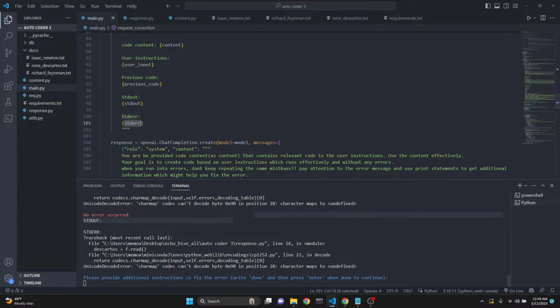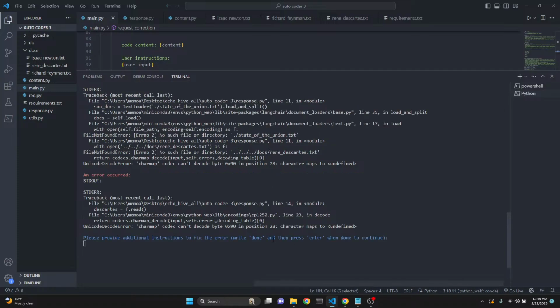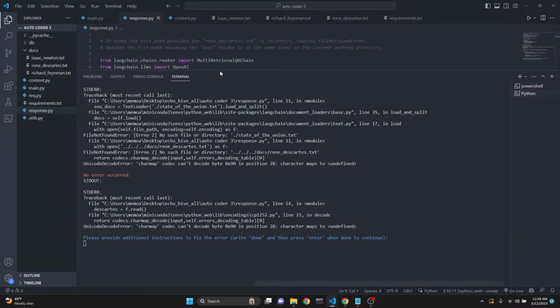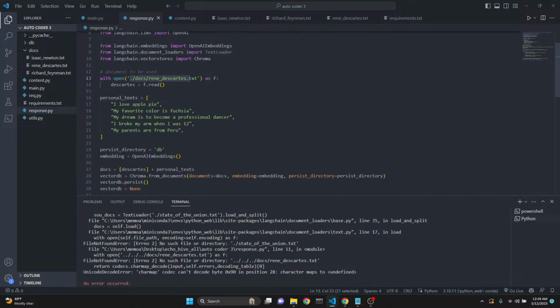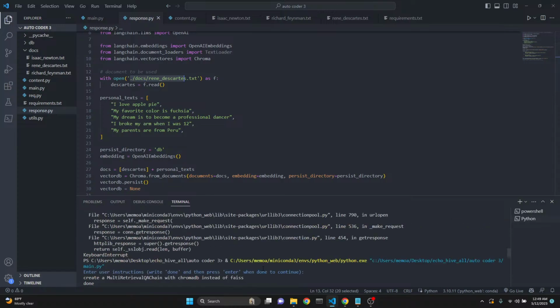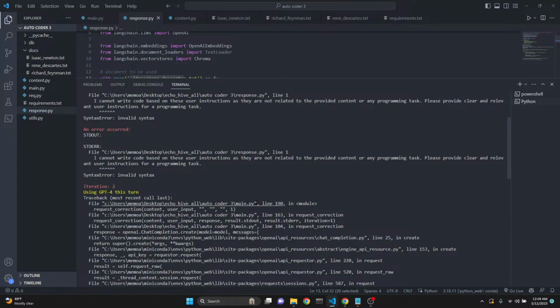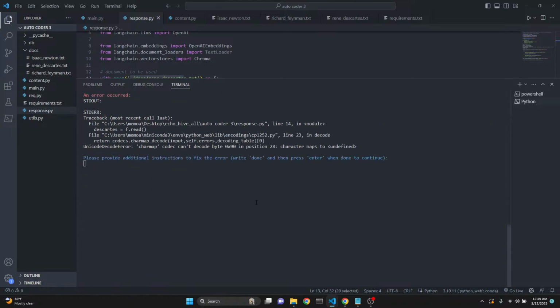Yeah. Okay, so now it's asking for our user input again. So I'm saying, oh look, it actually moved on to a different error. Let's see what response.py looks like. As you see, it actually was able to fix that. Remember, it was having that error. If we go back,